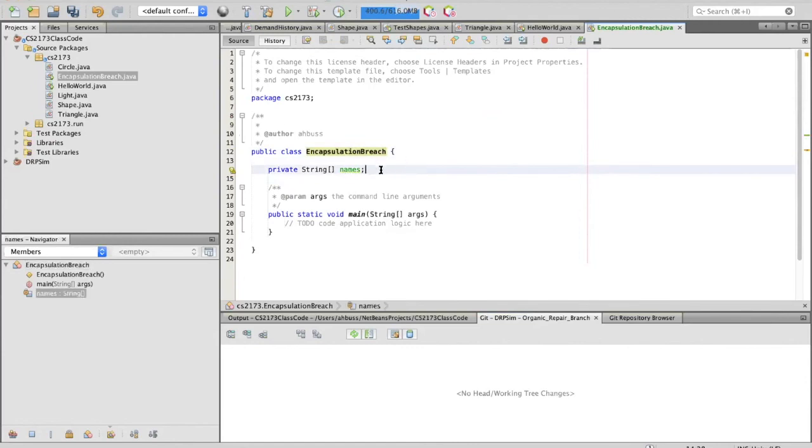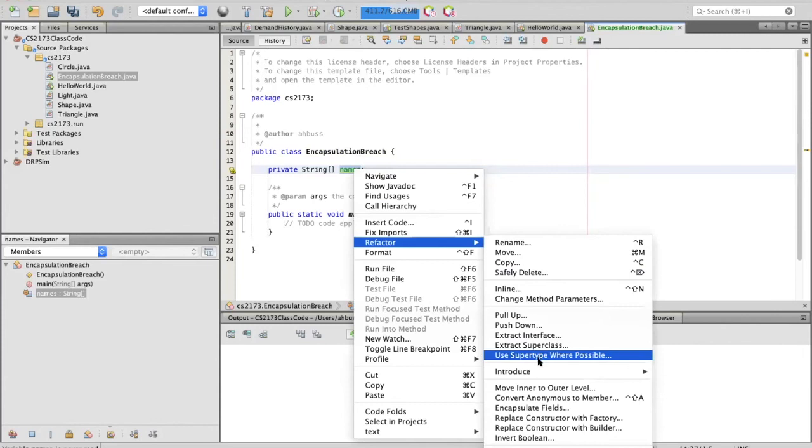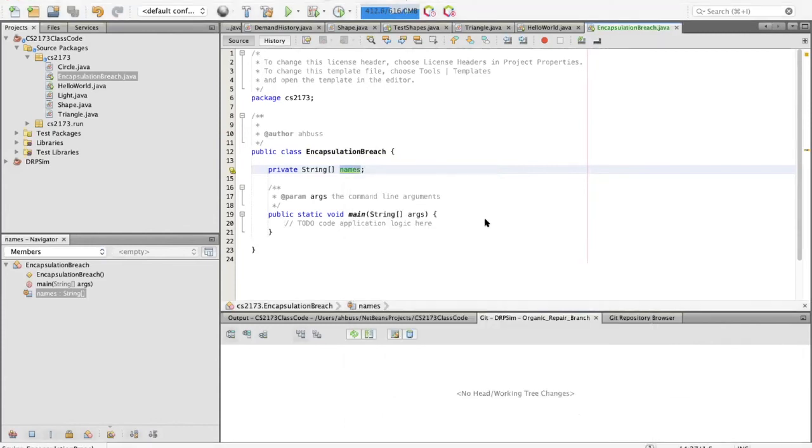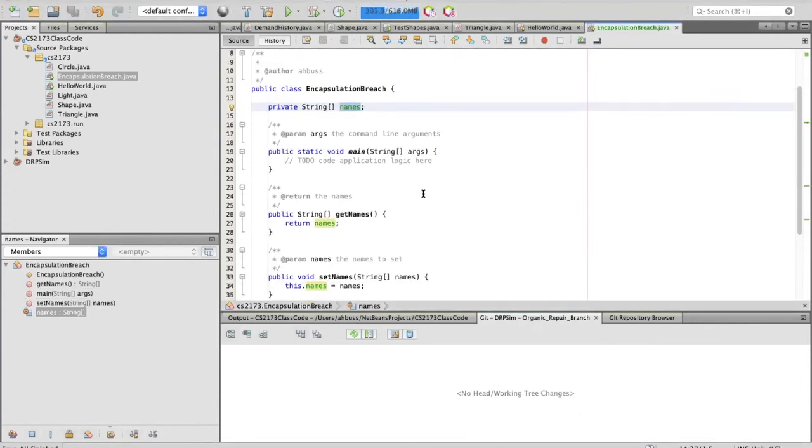Here's a class, and I have an instance variable that's going to be an array of strings. Now, if you remember this refactor, encapsulate fields, I'm going to have a setter and a getter for this. Let's put it at the bottom there. Fairly straightforward.